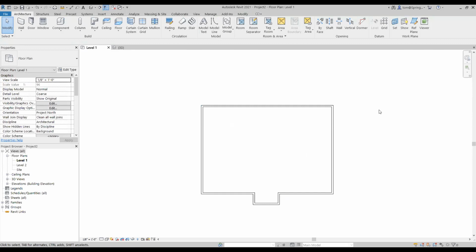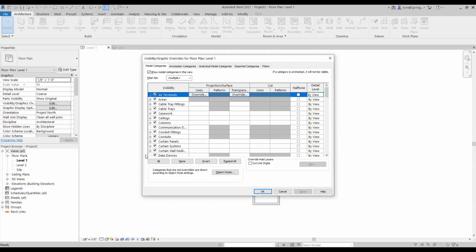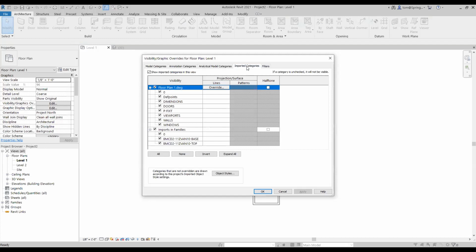Yeah. Okay. All right. So now that that is in place, I'm going to show you guys something else. We're going to turn our CAD plan back on. So to do that, type in VG, all right? And when you type in VG, you should get this screen come up. Did you guys get this screen come up? Yeah. Okay, so under VG, we want to go to imported categories, and over here, we, I didn't get it to come up. Oh, I'm sorry. I didn't get it to come up. You did, okay,